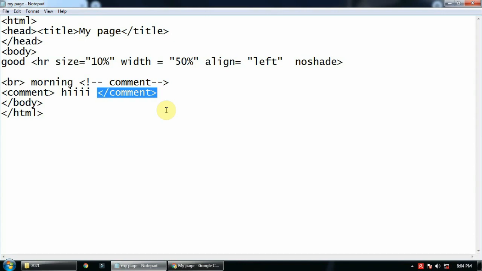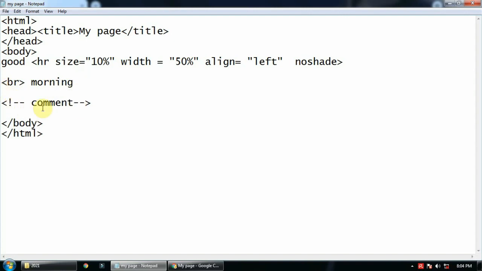So hi will appear, which means that this comment tag is also not supported in HTML5, though it was given in the book that I was using in your class, but actually that comment tag does not work. You have to write comments like this. Okay, you have to give an exclamatory mark, give 2 dashes, then write your comment. I hope this comment is also clear for you.